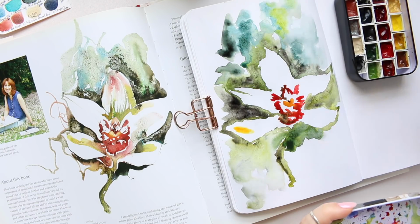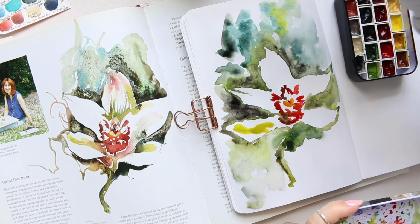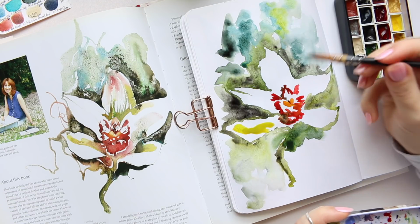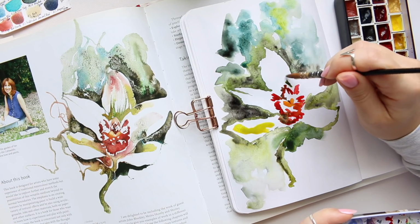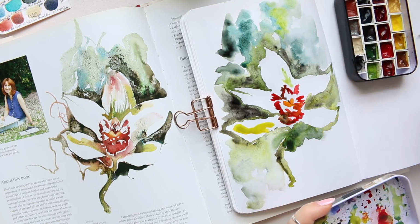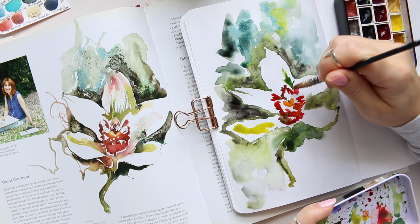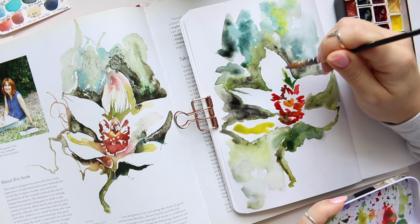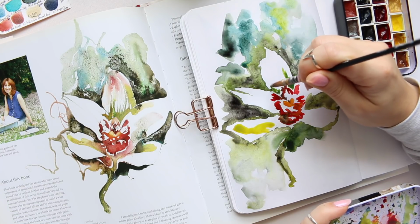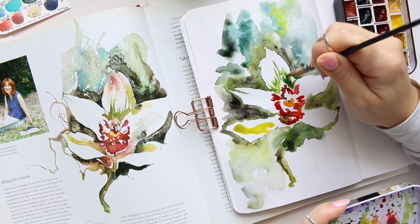And now I'm going to go into working back with the green and trying to mix up lovely green colors. And let's see, so at the minute I have too much water and not enough pigment, so I'm just going to get rid of the excess water, and then just around here we want to create these kind of stripy effects